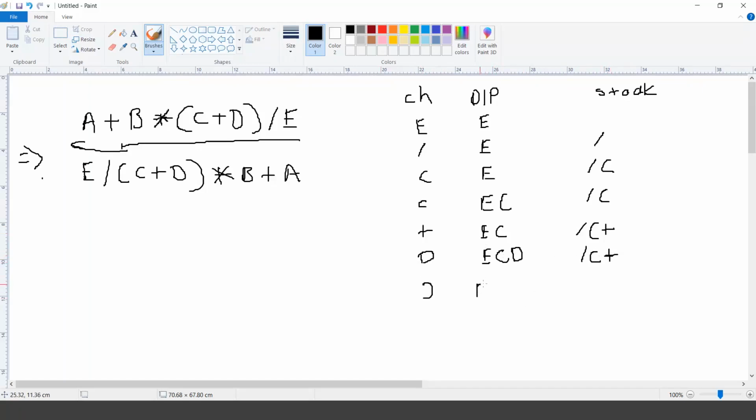Now as soon as we scan the closing bracket, what we have to do is, like the standard procedure, remove everything from the stack till the point we reach the closing bracket, right? So we will write plus here after D. And as we remove plus, we are reaching the final symbol, that is the closing bracket. Then we have to stop the removal operation. So we have a division. Now we are